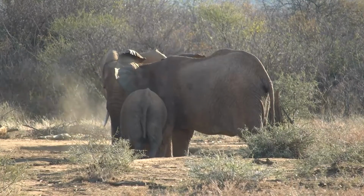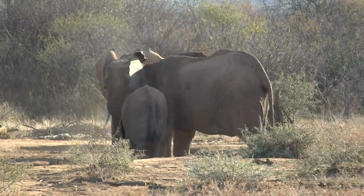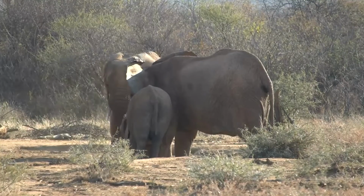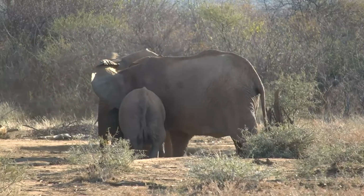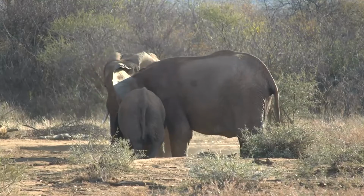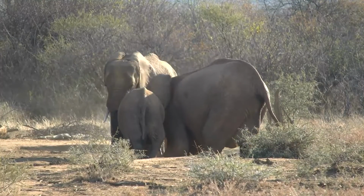What's nice is that they're not really on the move, so we could sit here for some time and watch them dust bathe, possibly accessing a bit of water. Still unsure, to be honest. But whatever is happening, it's prime property. When elephants find a nice spot to dust bathe in,